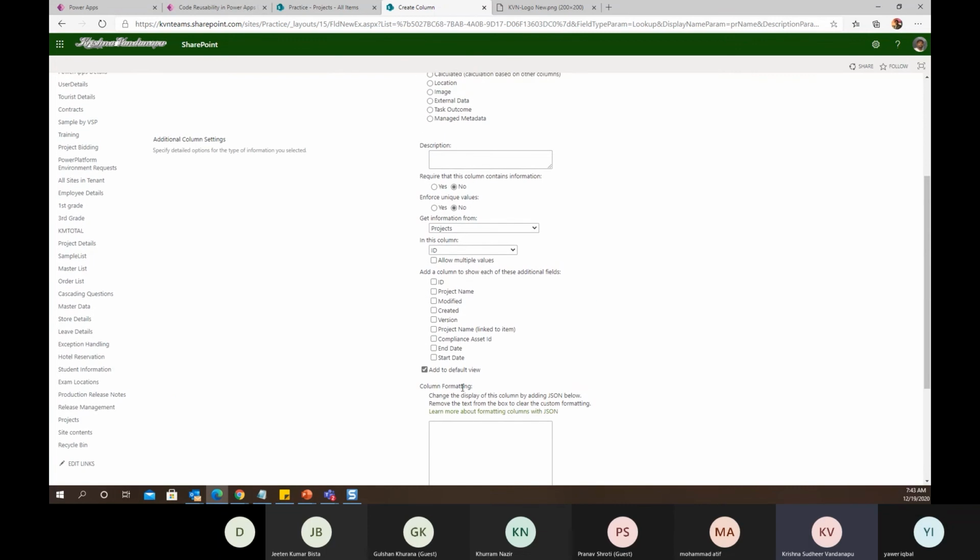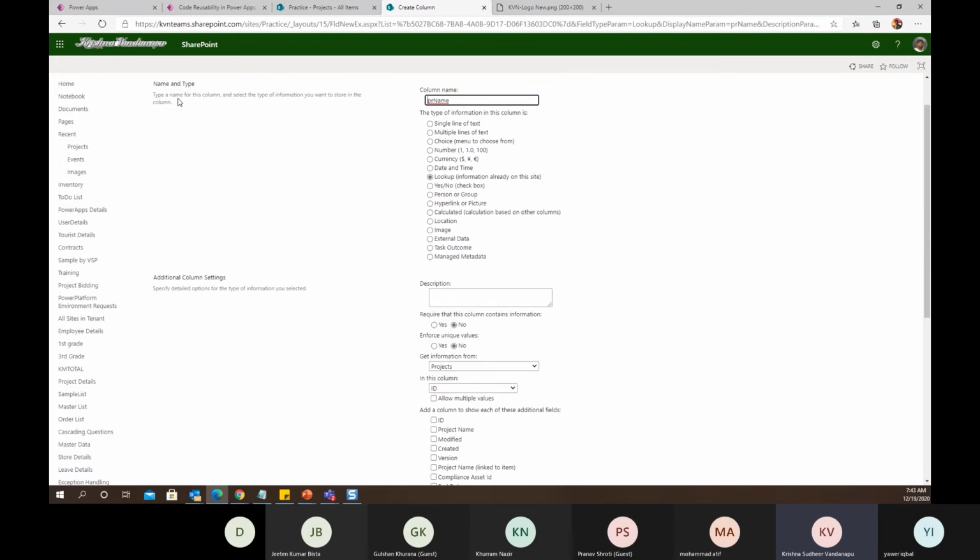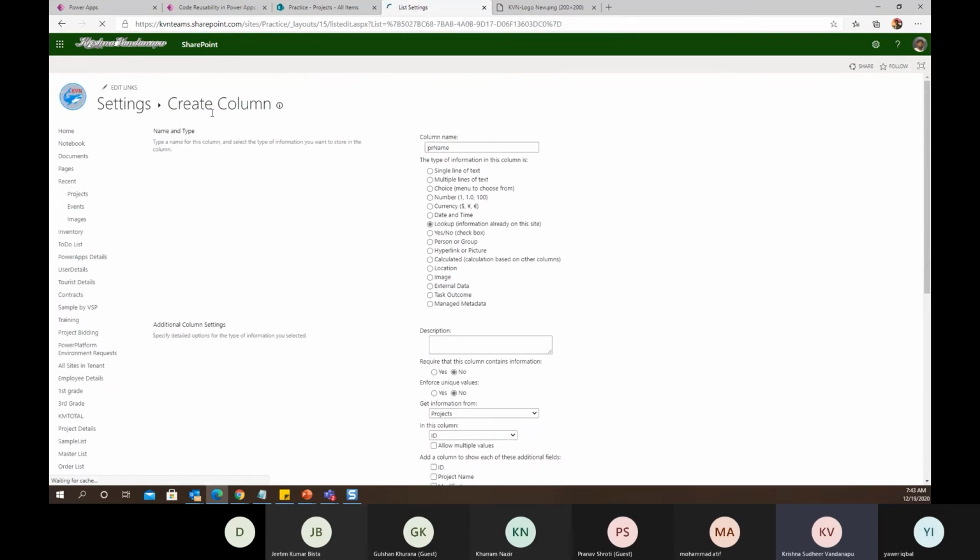Our target is to ensure that citizen developers, people who are not techies, simple English-knowing people, should be able to create Power Apps. But here I don't have a way to filter the projects which have the status value as complete, active or approved.